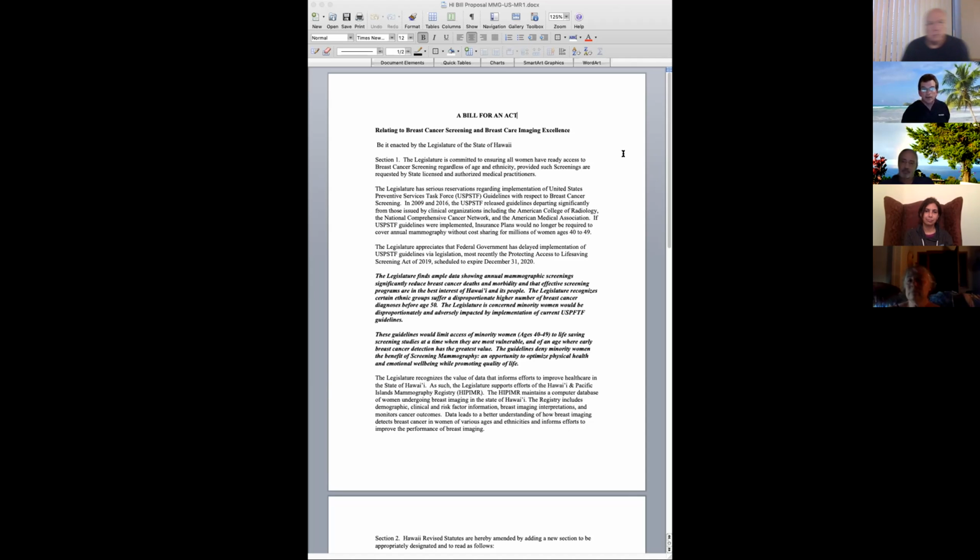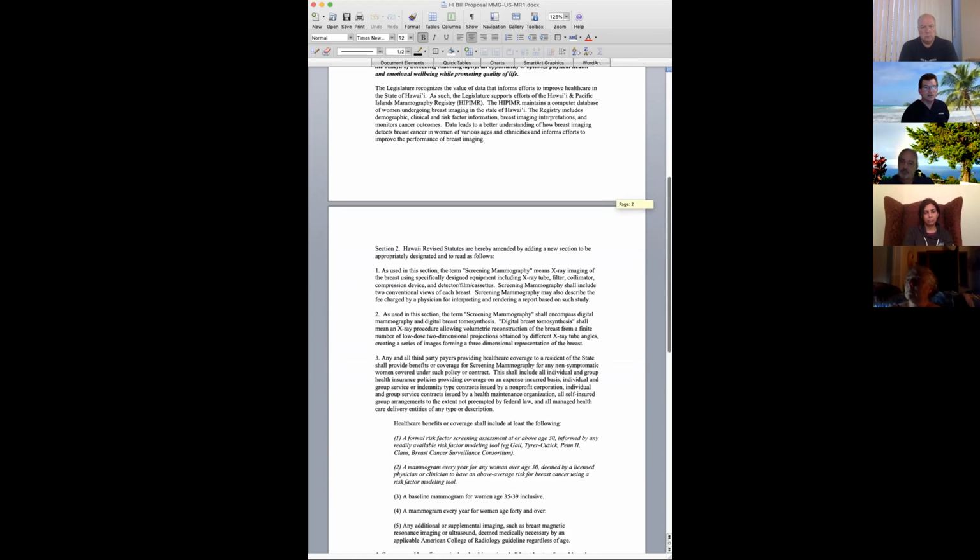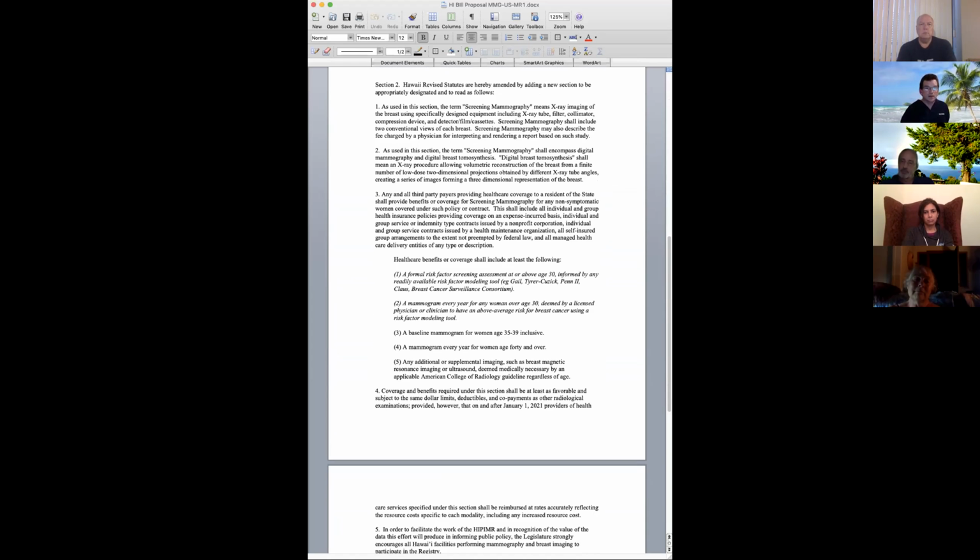It touches briefly on some of the negative impacts that these recommendations may have on women of Pacific Islander ancestry and Asian ancestry. But the nuts and bolts come down to what we are specifically recommending. And that is that healthcare benefits or coverages should include some very basic needs for women in Hawaii. The first would be a formal risk factor screening assessment at or above the age of 30, informed by any of the readily available risk factor modeling tools. We've kept the language non-specific because these tools are evolving,